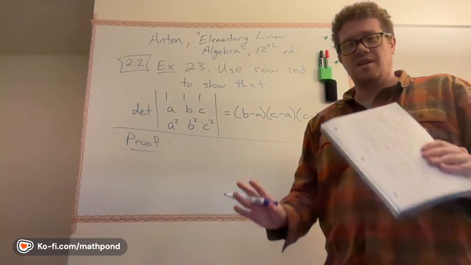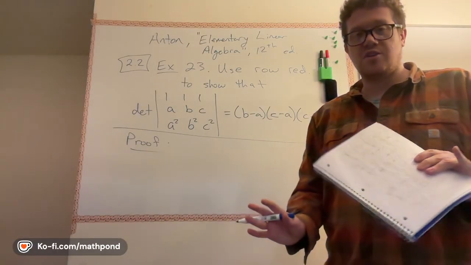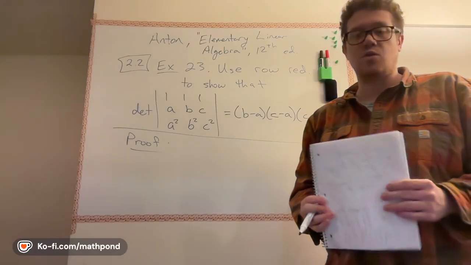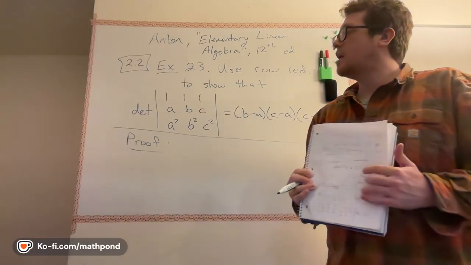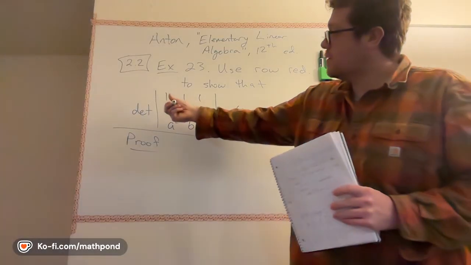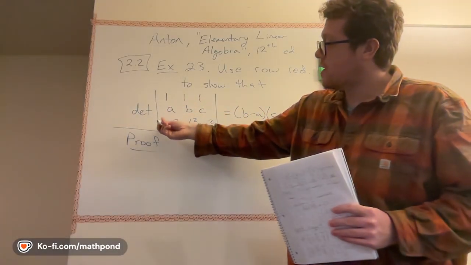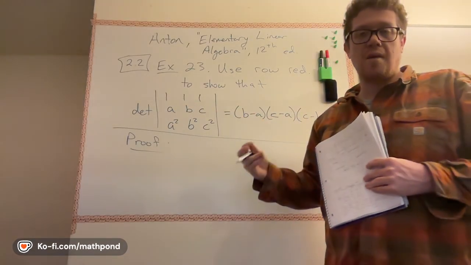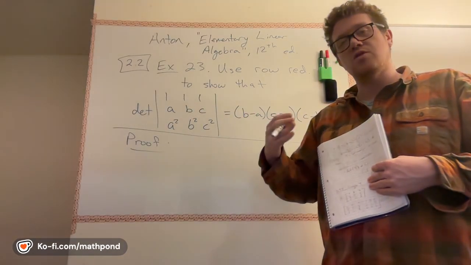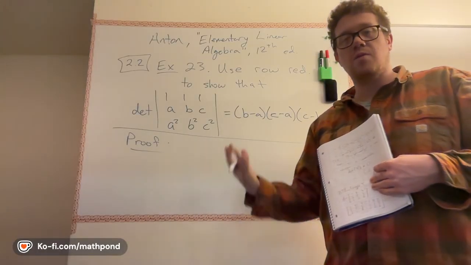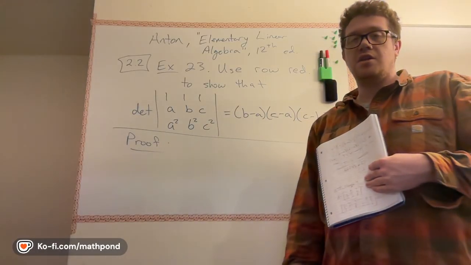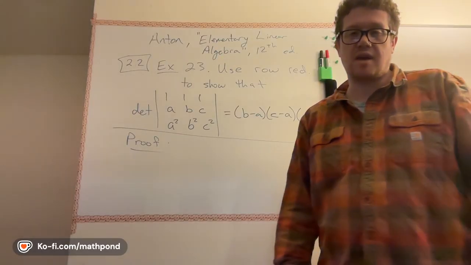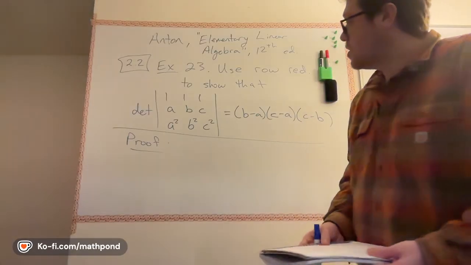So if you are confused, if you've never heard of reduced row echelon form of a matrix, I would just pause this and maybe look it up on Google, or look up another YouTube video about it real quick. But essentially that's what we're going to do here. We're going to eliminate this a and this a squared. Then we're going to normalize whatever factor we have here, and all along the way we're going to keep track of every time we multiply a row or column by a constant, and remember that the determinant is affected by that scaling factor. Okay, so that's essentially what we do.